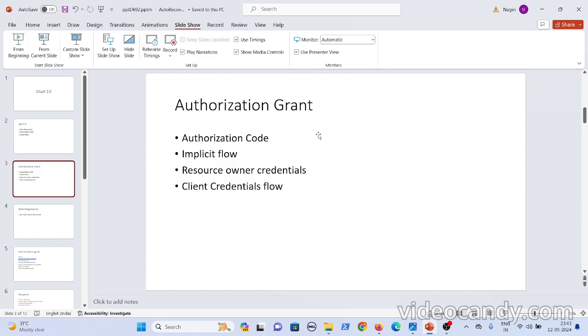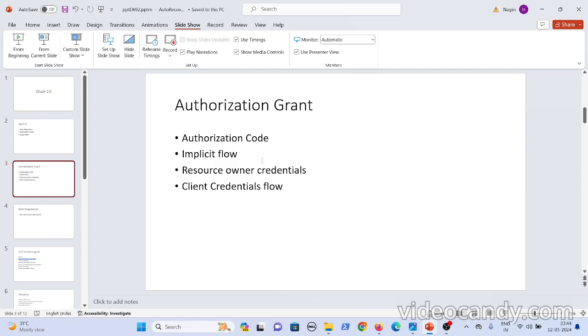Once it gets the access token, it can talk to the resource server. If it is Google Drive, it can ask Google Drive to give access to the photos or any documents.